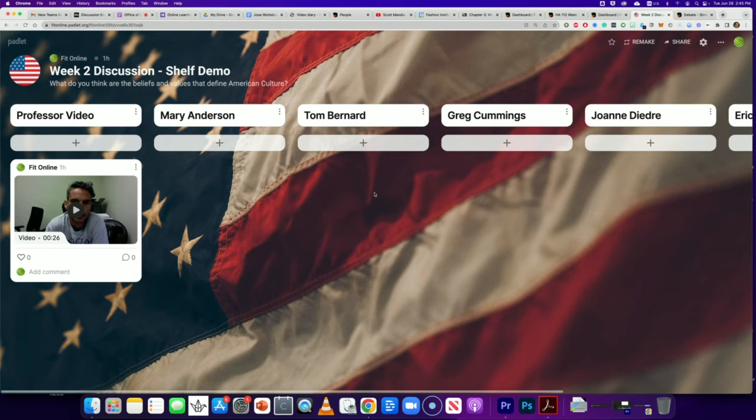This one is the most popular one in Padlet. This is a shelf template, and in this shelf template, I asked the students, what do you think are the beliefs and values that define American culture? The shelf template, when you're first building it, takes a little bit of time, but once you've added every student